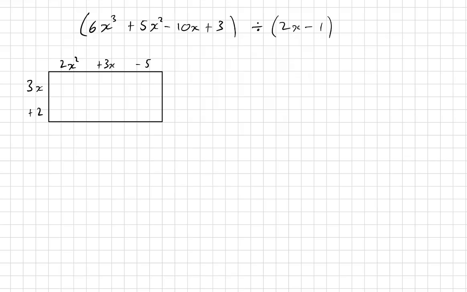So to get the area, we would multiply those things together. But to make it a little bit easier, let's split it up into smaller rectangles. To get the area of this rectangle, we would get the area of each of the small rectangles first and then add them all up to get the full area. So we multiply the length by the width, or the left by the top. So 3x times 2x squared: 3 times 2 is 6, and x times x squared